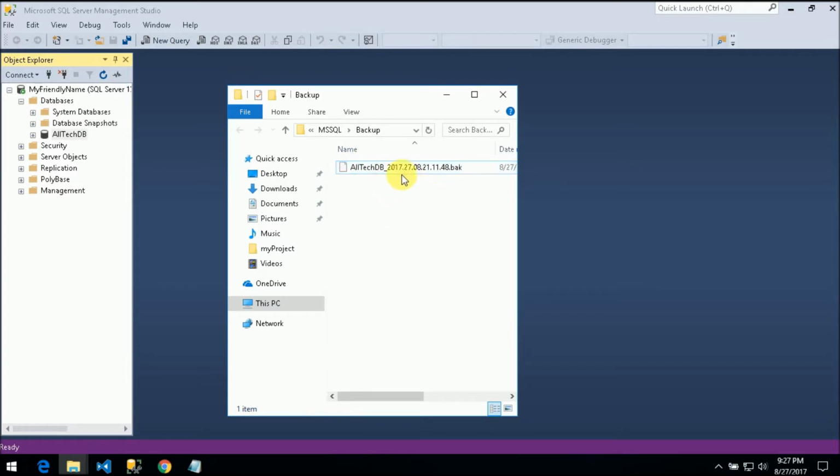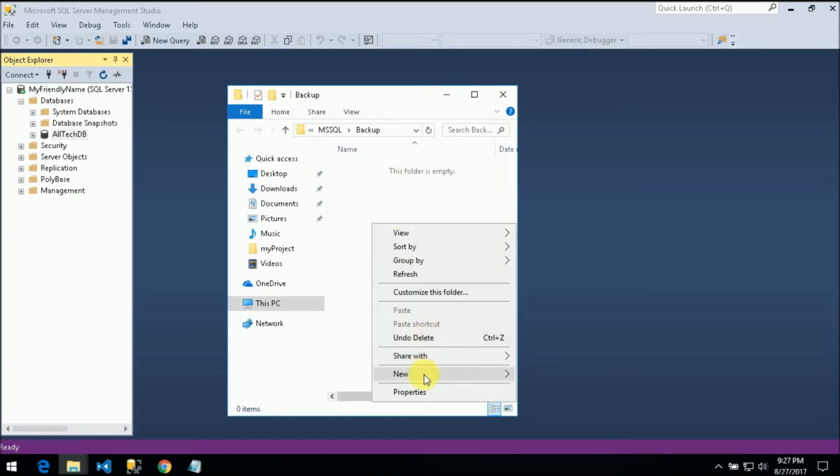Okay, so I will create a batch file first,